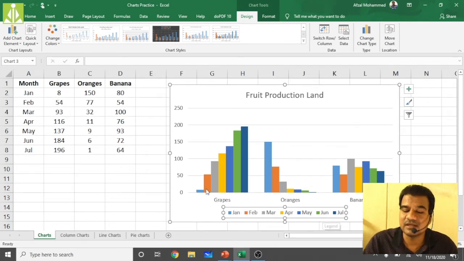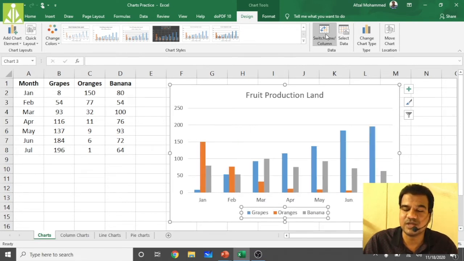And every month, the grape production has simply grown. For oranges, we have seen a downfall in production. And bananas are standing average. So do the switch between rows and columns, and you will get this once again. Every month it shows the comparison of grape, orange and banana production.